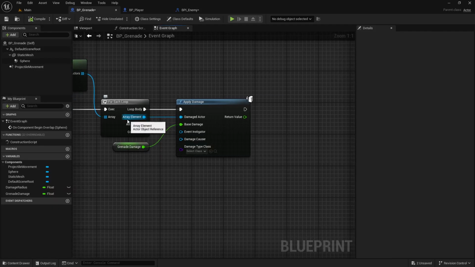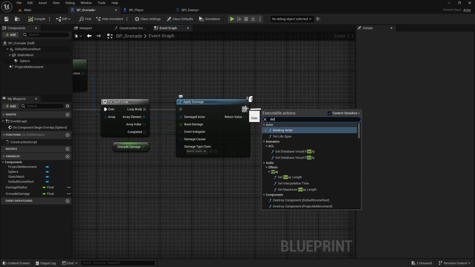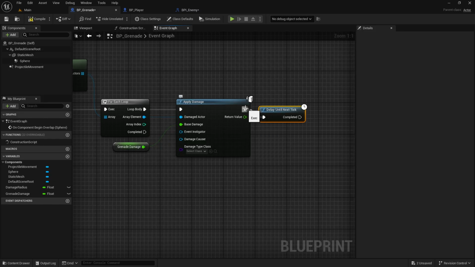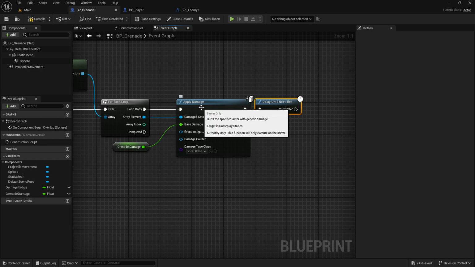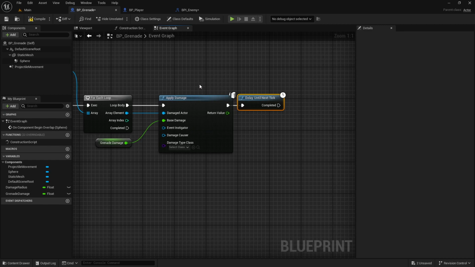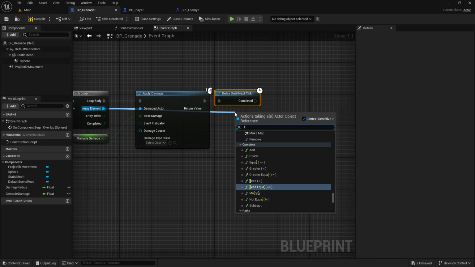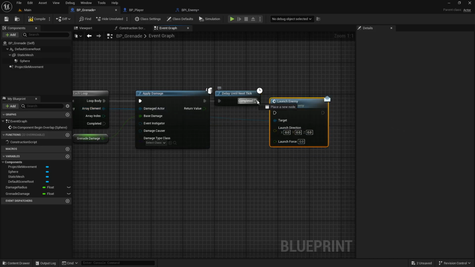So now after it applies damage to our enemies, we'll do a delay until next tick, because when the character registers damage, they may need a second just to register that this character is now dead, set them into ragdoll, and then this will give that time to go ahead and do that. So we will send our launch enemy message across,